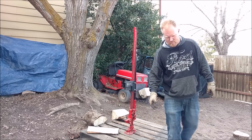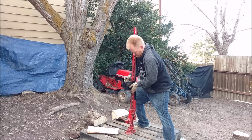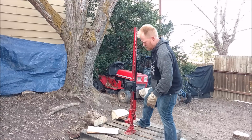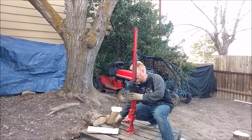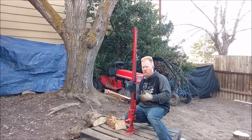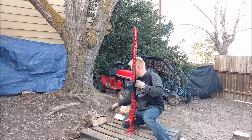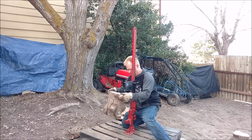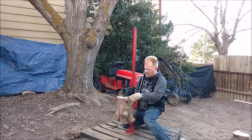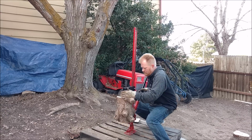It worked. Still a lot of force, but I just have it bolted down to a pallet, and hold on. I've been doing a bunch of little things. Decided to give it a little bit more. It's not a 30 or 40 ton hydraulic one, but it'll still split stuff. Stuff like this, really no problem. Get that in there. Take it out. Drop it down, put your pin in, and